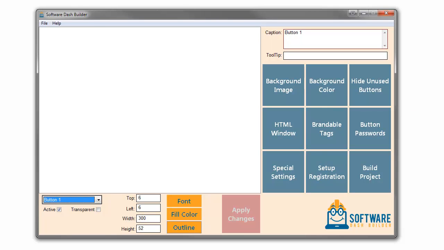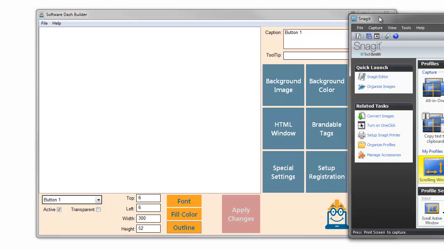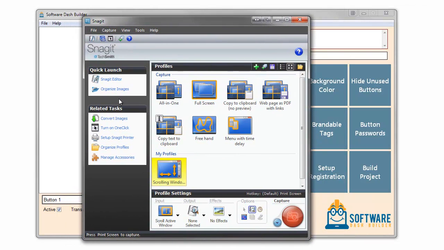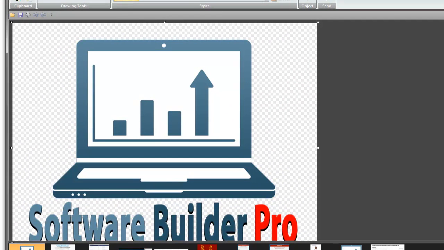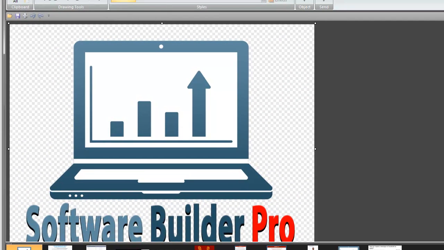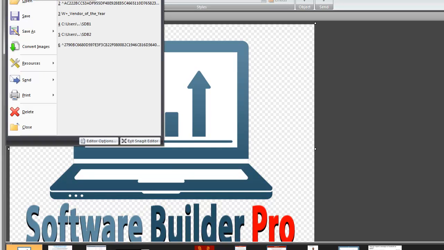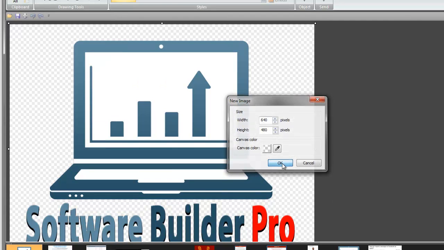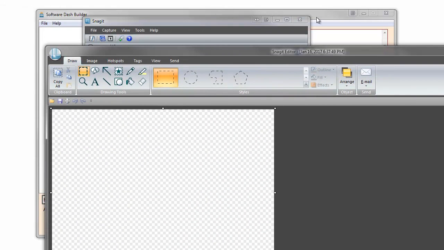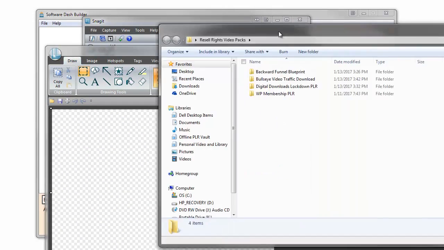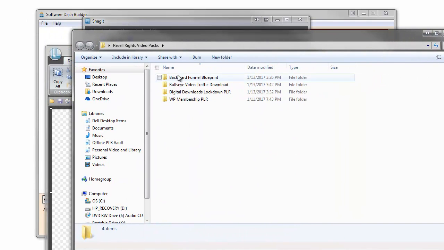Now, our initial background is, let me go ahead and open up my favorite graphics editor right here. Let me actually open up the actual editor. All right, so I brought my editor in here. So what I'm going to do is I'll just show you how easy this is. Let me go ahead and create a new graphic. We got a graphic here, 640 by 80 is what we're going to start with. And I'm going to open up a set of some resale rights packs that I've collected. All right, and let me go ahead and open up this pack right here.